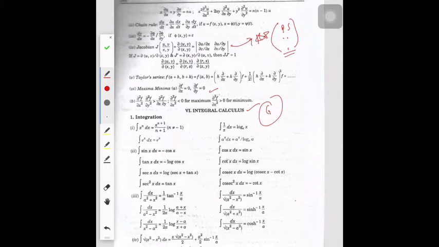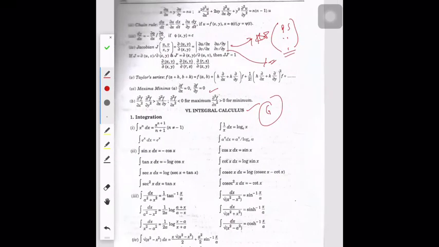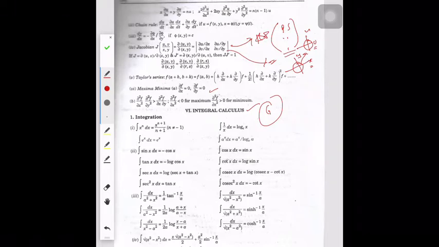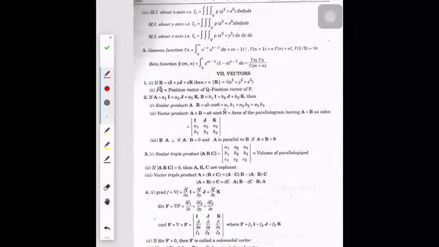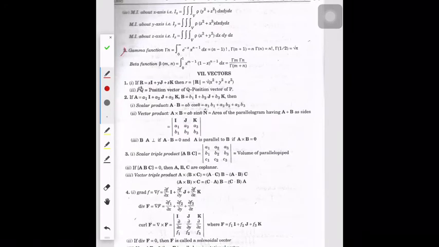Or if you change the axis from xy to uv, it is there, right? The Jacobian is there. It is simple: for example, you have an axis system of x and y. Now you shifted this to u and v, a change of axis. So you need a Jacobian to do that, right? Integration you have done; have a look at the entire formulas.